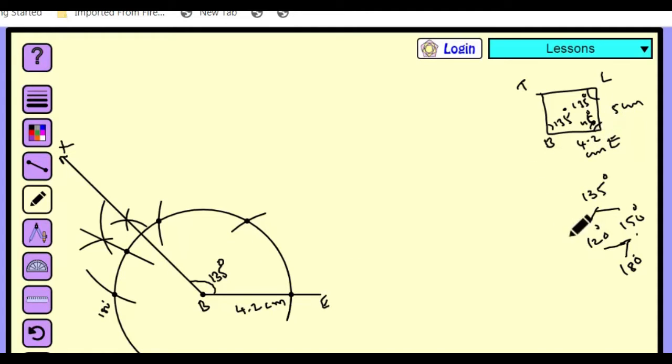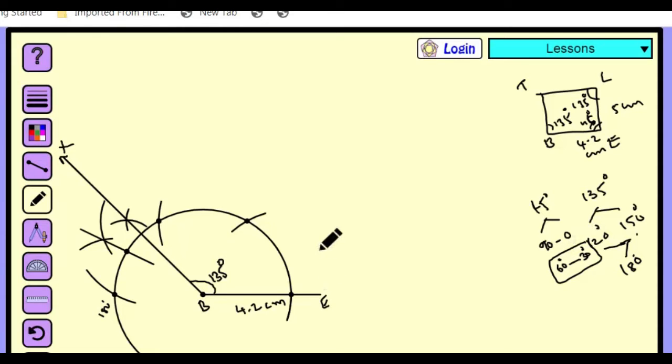So for that how will you get 45 degrees? We are going to bisect the 90. Directly bisect the 90, or if you want you can construct 60 and 30 and bisect these both, and you will get 45 degrees. So let us go with the construction of 60 and 30, and then we can bisect these both. You will get 45 degrees.